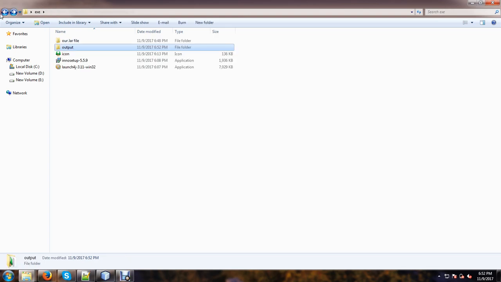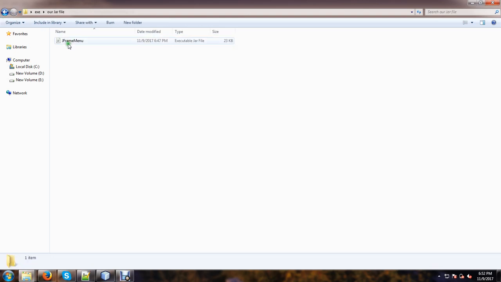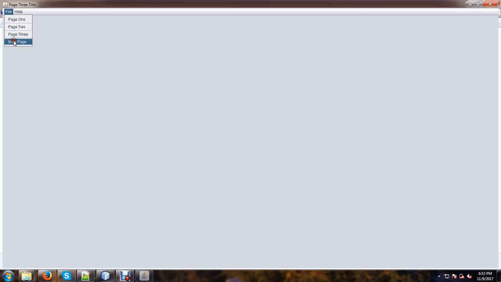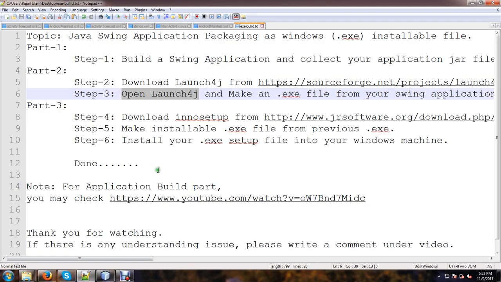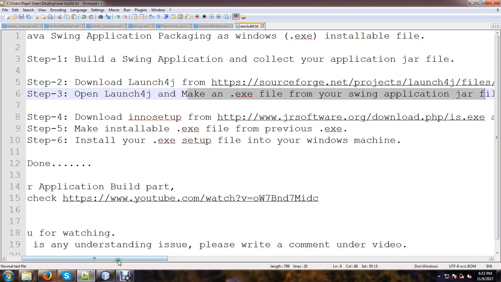We can open our jmenu jar file this way. So we are just waiting for the next step. Okay, our purpose is to make an executable installable exe file, not an executable jar file. Okay, so at this moment open Launch4j and make an exe file. So it is done. It is done actually,